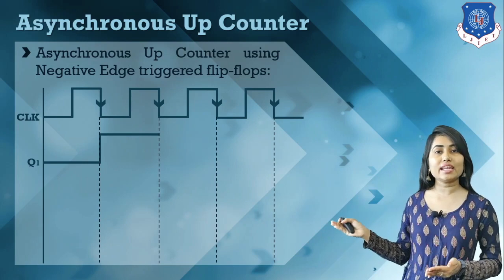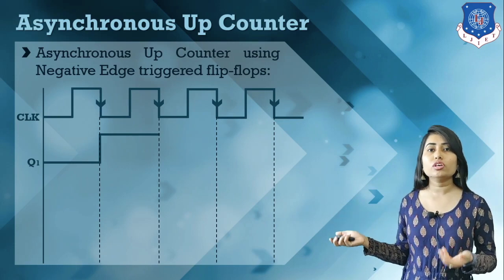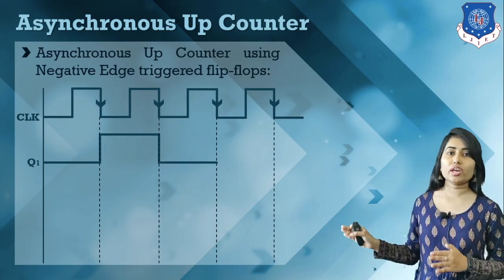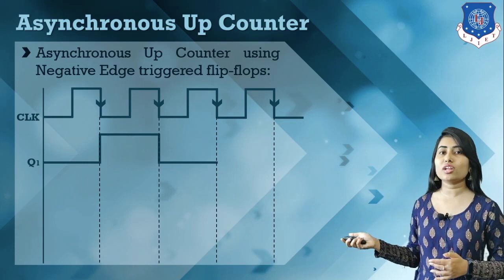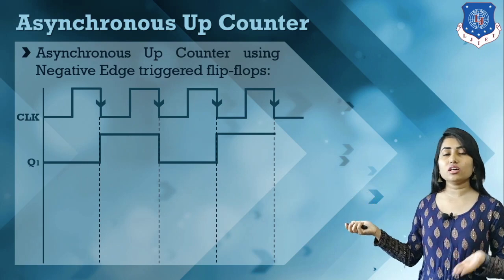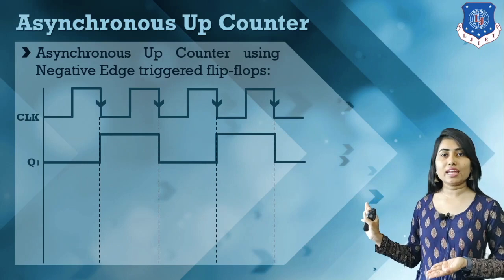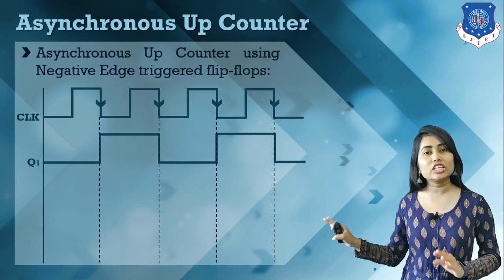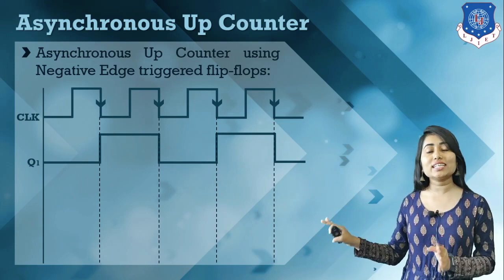Now here this negative edge arrived, our input is fixed, that is 1 1, that means toggle mode. So the value is toggled, we had a 1, so here we have a 0, and it will continue up to the next negative edge. Now here also a negative edge arrived, so our value is toggled, and then it continues up to the next negative edge. Then here we have this negative edge arrived, so here also we have toggle mode. So this is how we calculate the output of Q1.